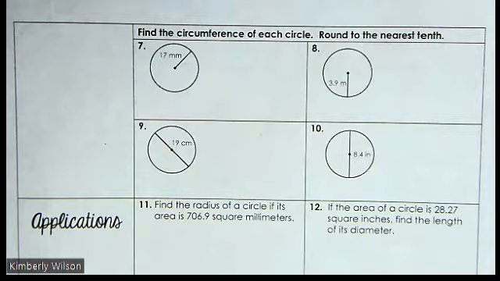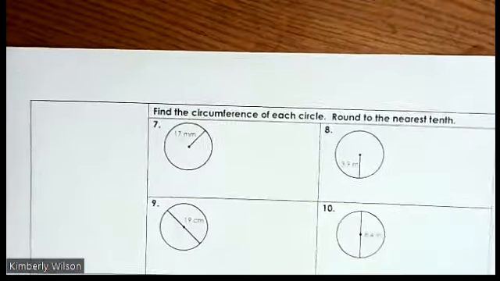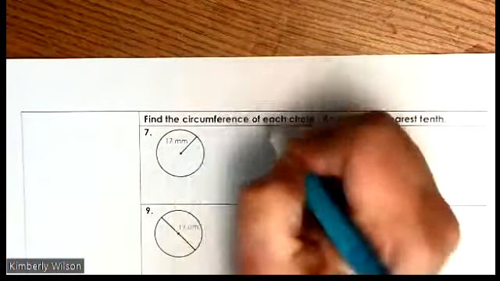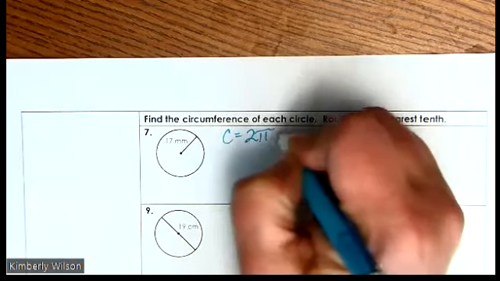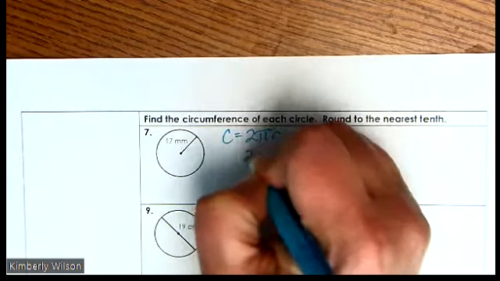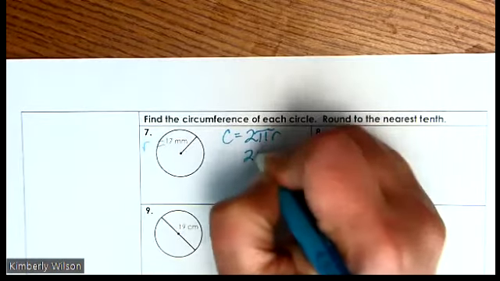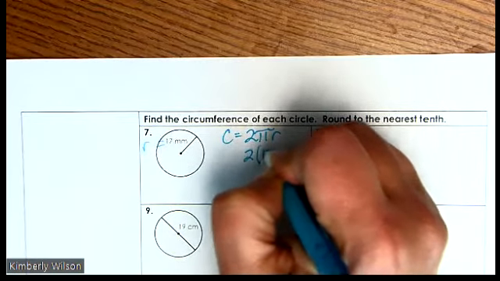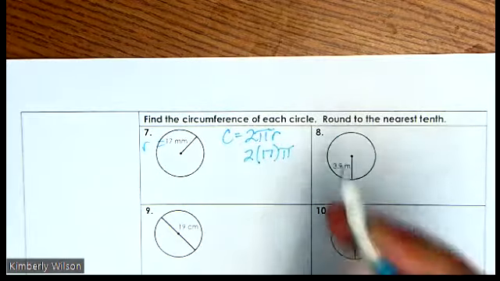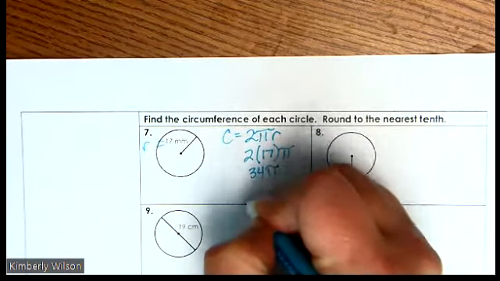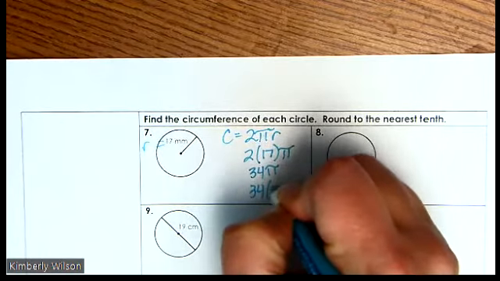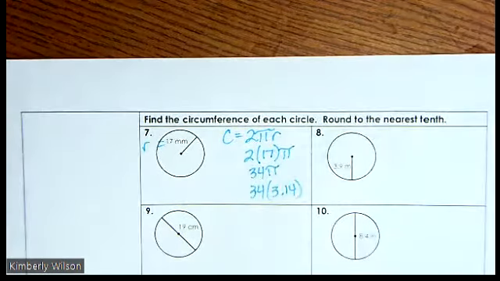All right, we're finding the circumference. To find the circumference, we're given the radius, so this is 2 pi r. We have 2 times 17 times pi, which is 34 pi, which is 34 times 3.14,